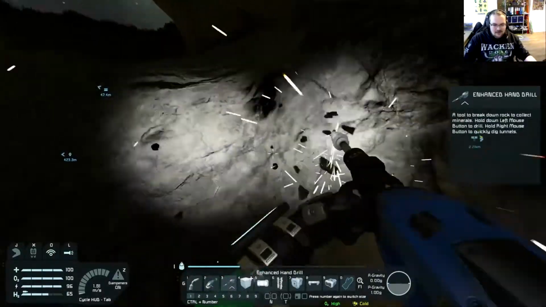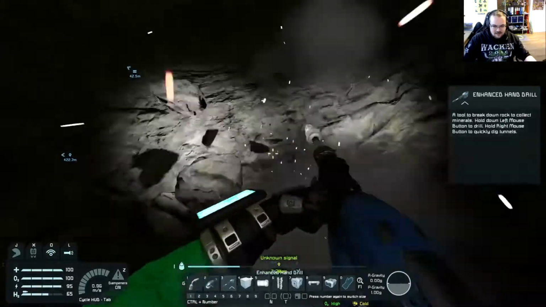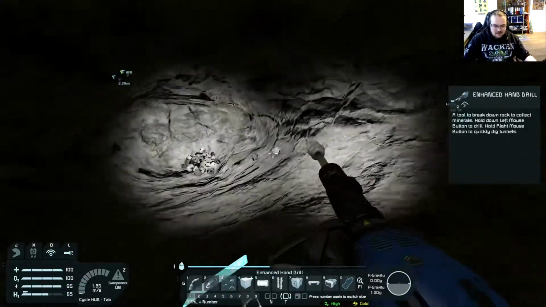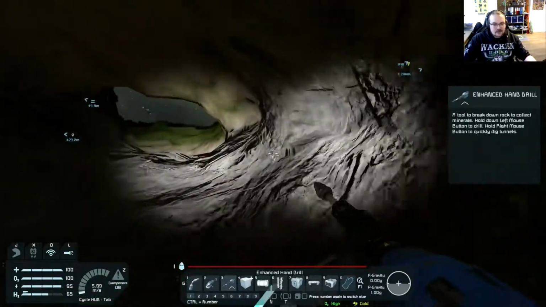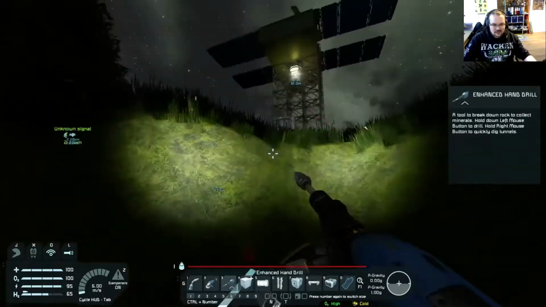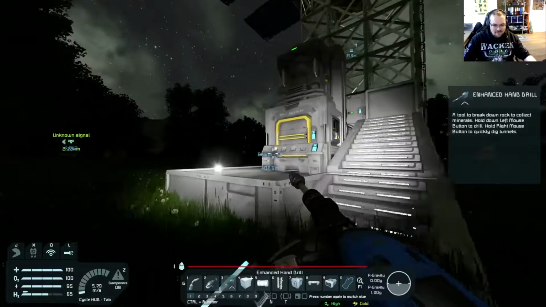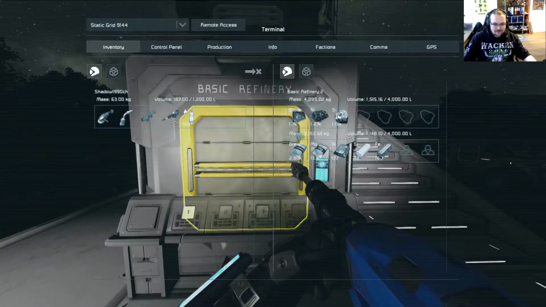But yeah, right now we don't have any way to create hydrogen. Sadly enough, of course, the farms do not produce hydrogen. So we have to get ice somehow. And right now, I don't know how to get ice. I've also messed a lot around in creative lately. And